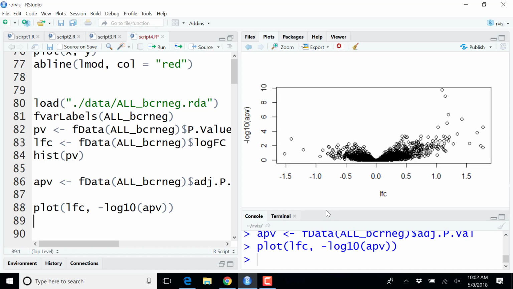And so the interesting points are those with a large effect, a large fold change towards the right and the left, and a small p-value. Small p-values become large values in minus log 10. And so my interesting points here would be those towards the top and the left corners. And the important thing with